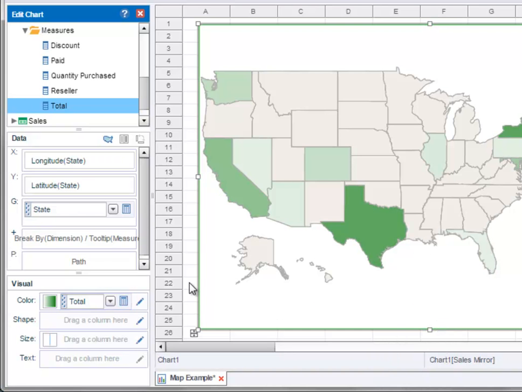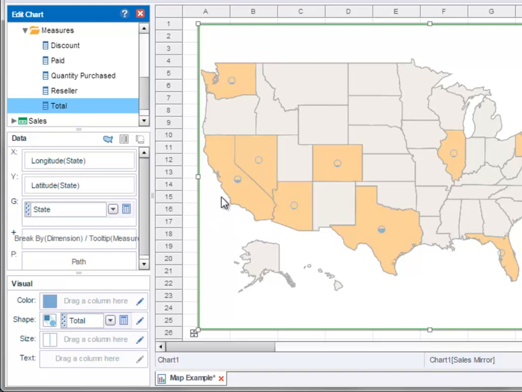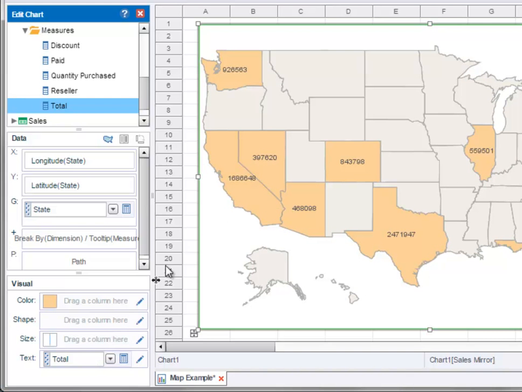You can also represent a measure by using the shape property of the chart. To do this, drag the measure to the shape region in the visual panel. The aggregated measure is now represented by the amount of fill within the point associated with a given state. You can represent a measure using size, so that the size of the point now represents the aggregated measure associated with the state. Or you can use text, so that the aggregated measure is now displayed numerically on the associated